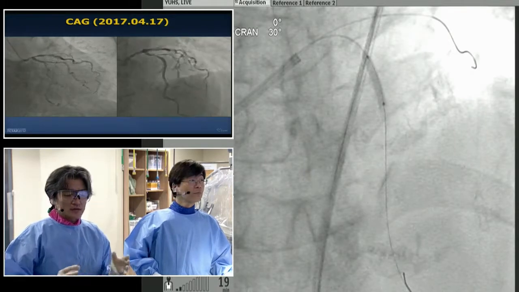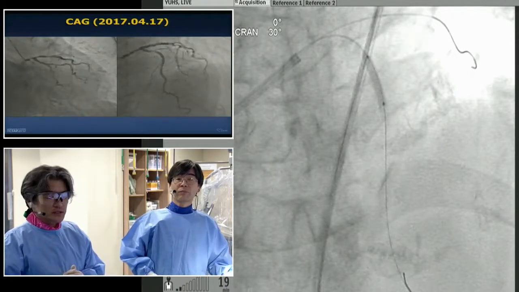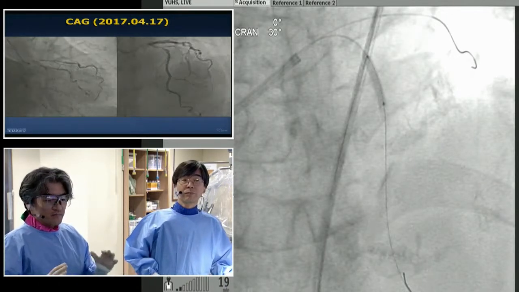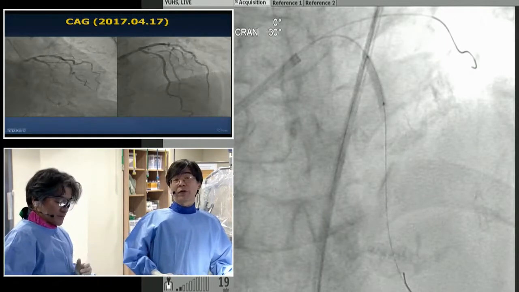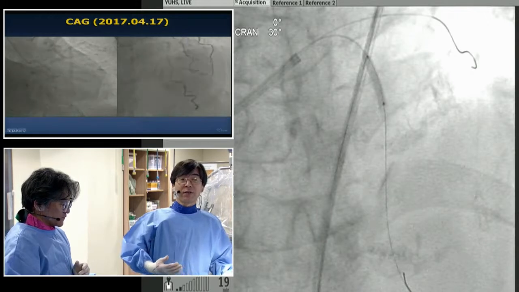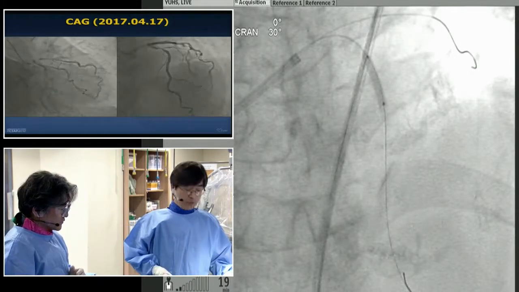And now there was no MACE, including the hard endpoints. Therefore, we have some agreement, a consensus on the use of the Biofreedom in our intervention group,